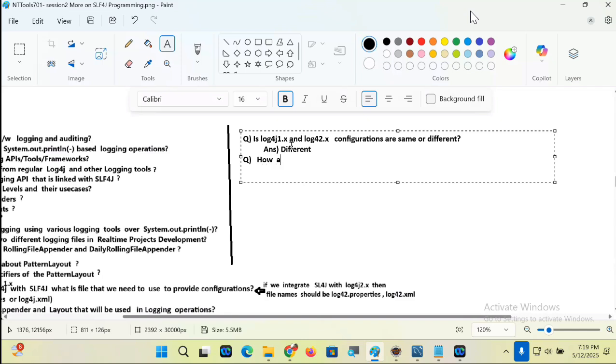How many types of rolling appenders are possible with log4j2?